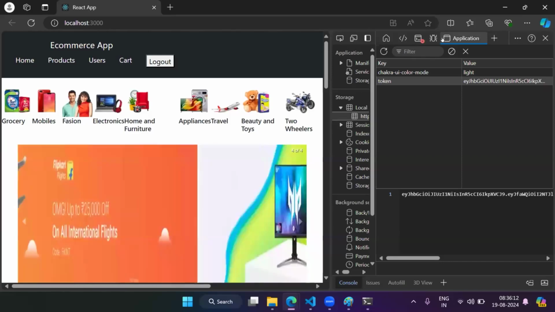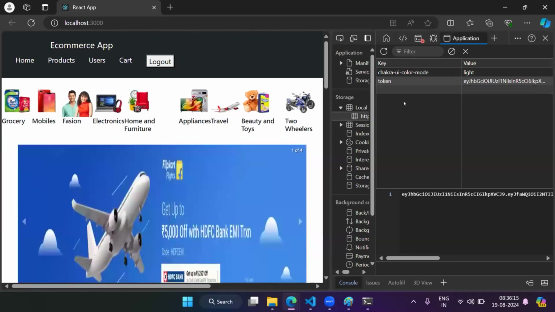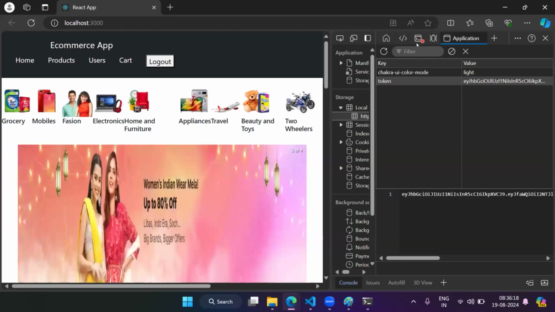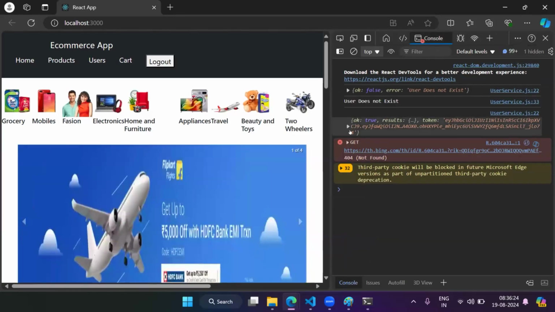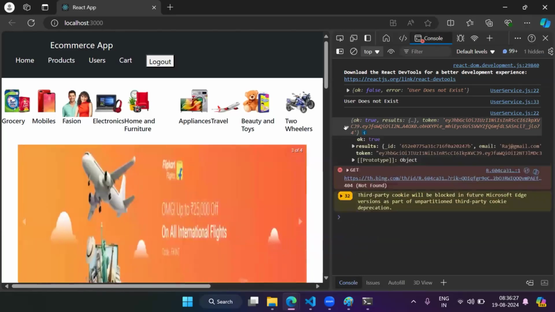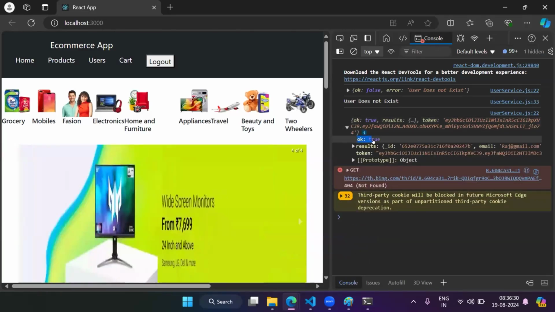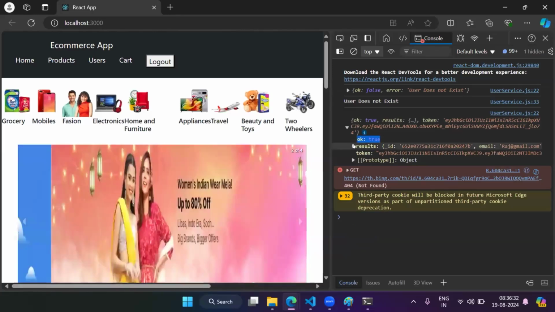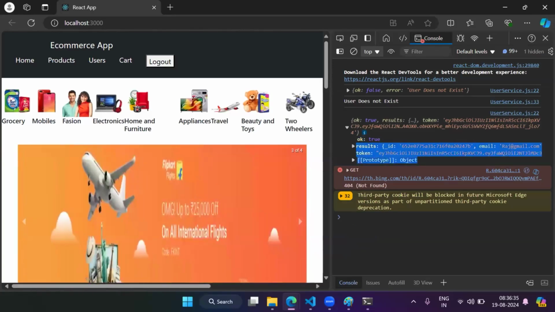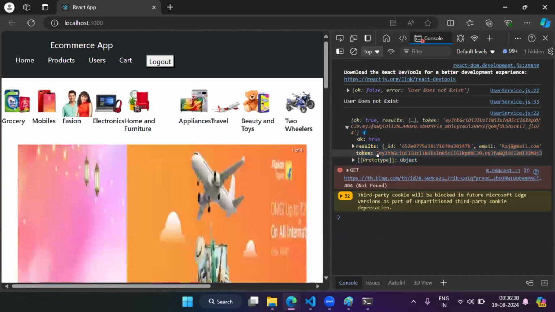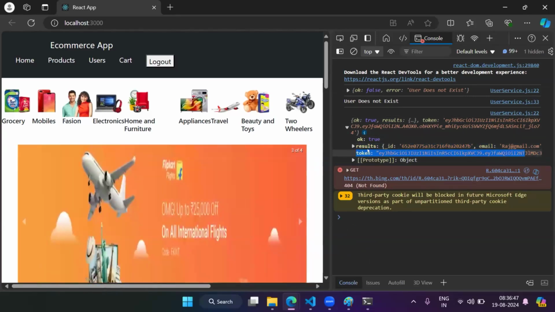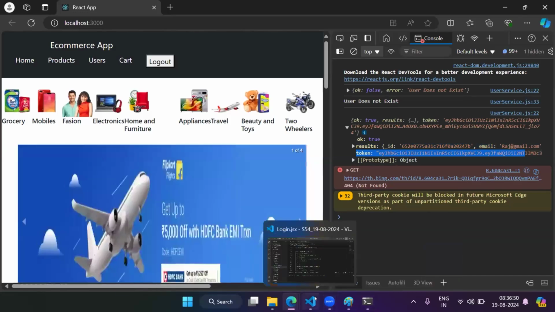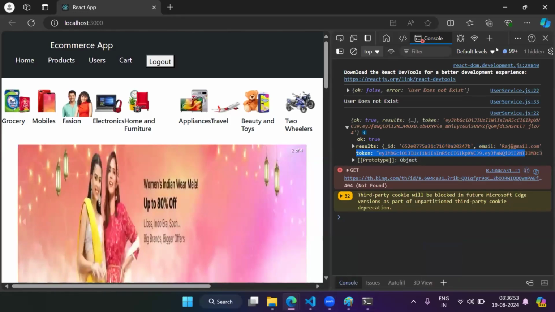If I just go and see the console, if you see here, this is the response I am getting from the server. What is that response? I am getting a property called OK as true, and I am getting some result, and then one token. So if you receive this token at your client side in a response, it means that it is a valid user. So as a client developer, once we receive that token, we will store it